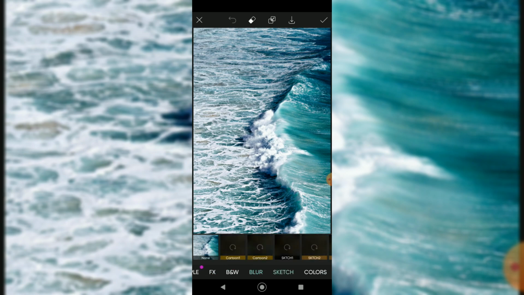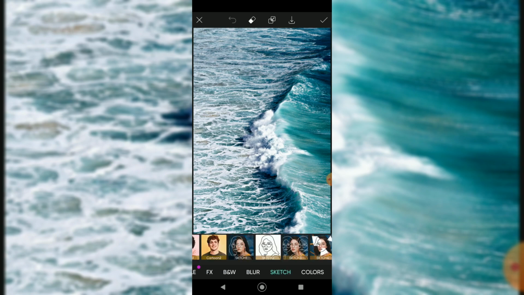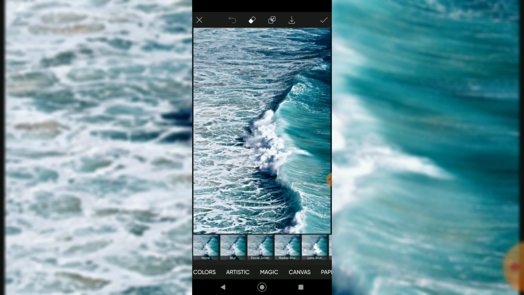So these are the modes. So I can input the sketches, right? That's the magic right there. Canvas and papers. Oh, what about the sketch? So I think I'm done here. So I'll just press the tick,